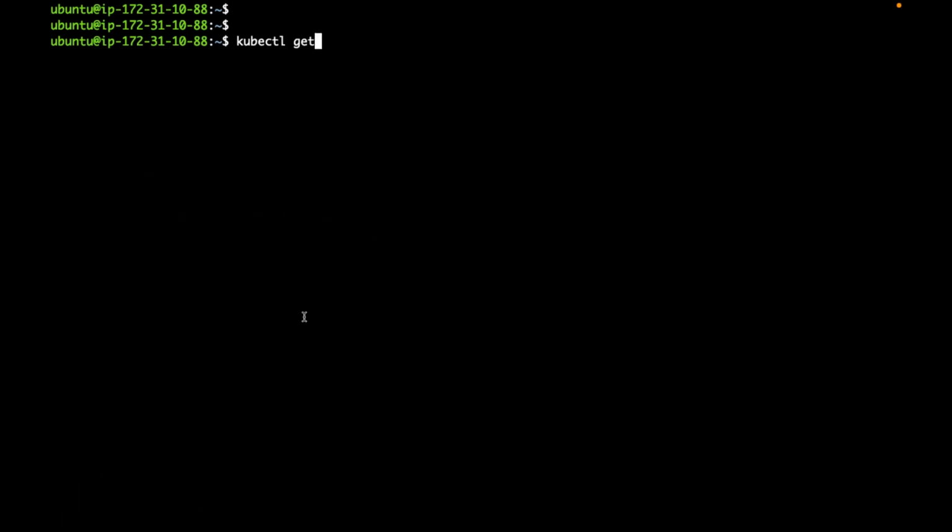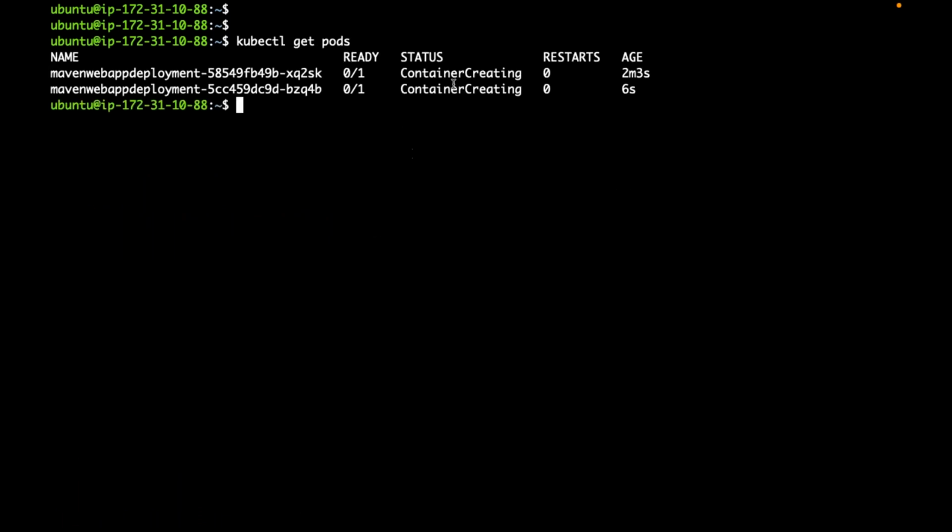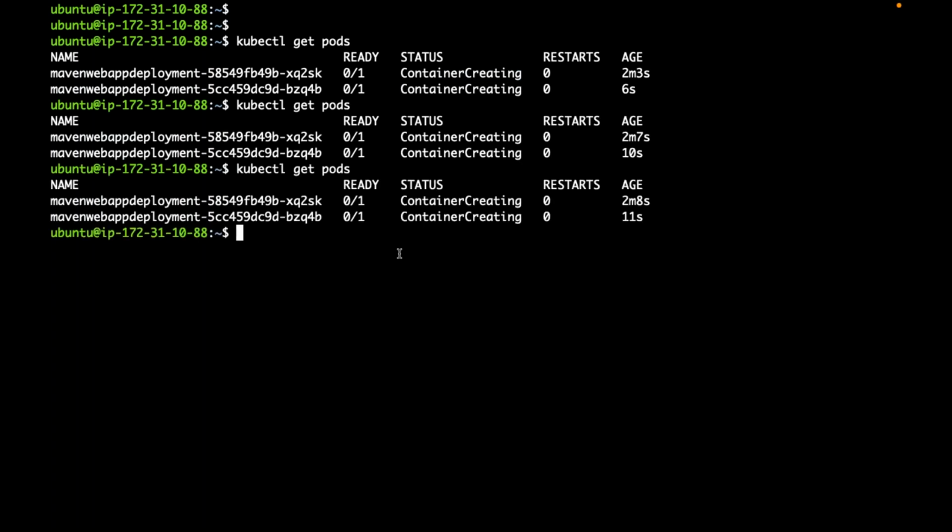If you see, now the pod is coming into container creating state, which means it is able to successfully pull the image even though I am using a private image, since I am passing that image pull secret